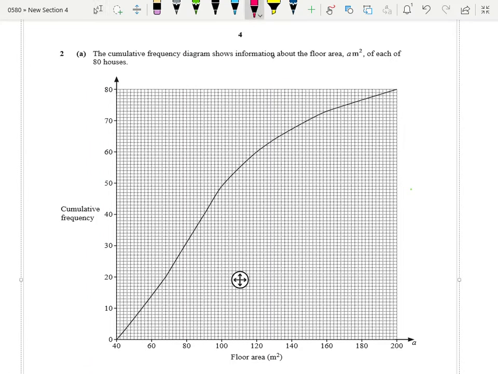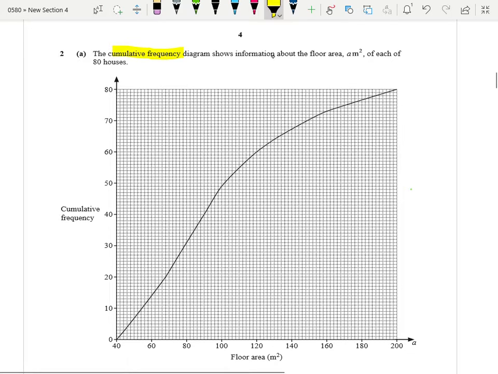All right, let's get done with question number two. The cumulative frequency diagram here is showing information about the floor area A meter square of 80 houses. What we need to do,